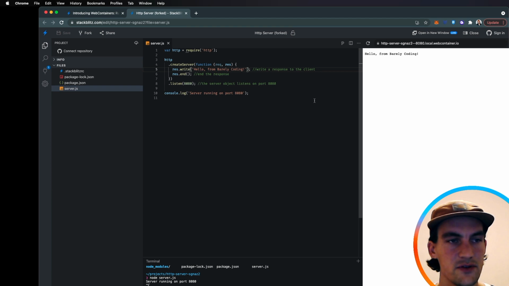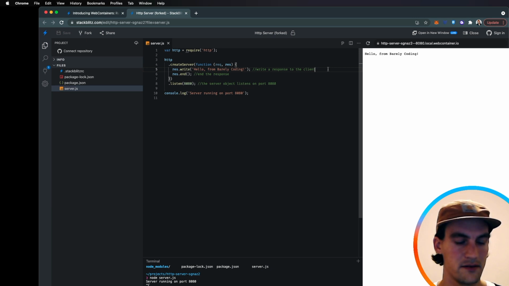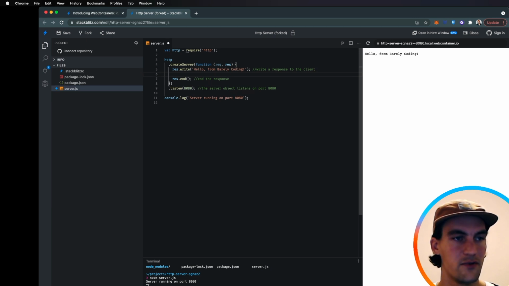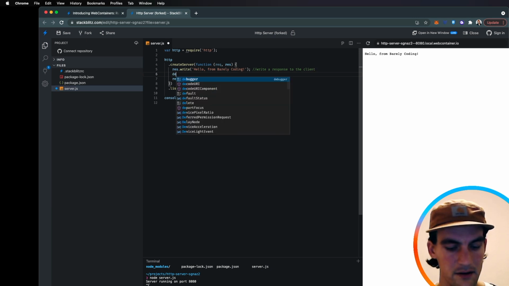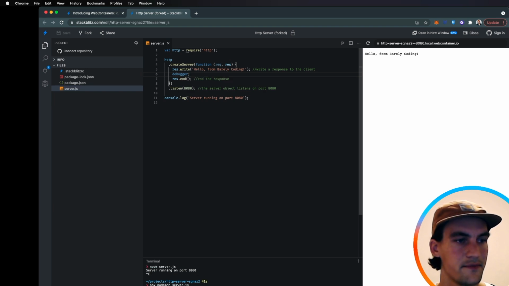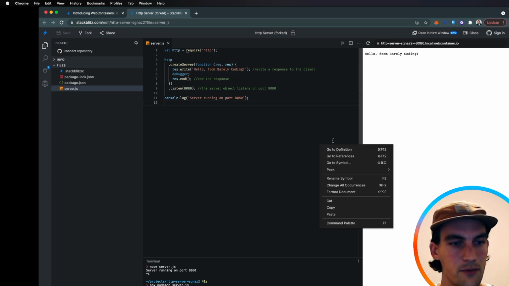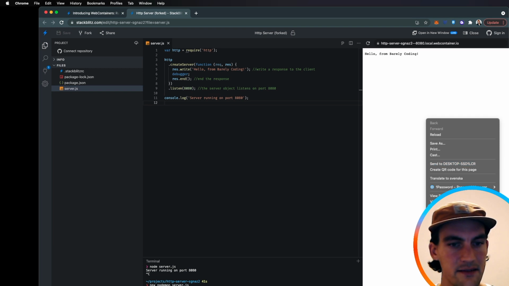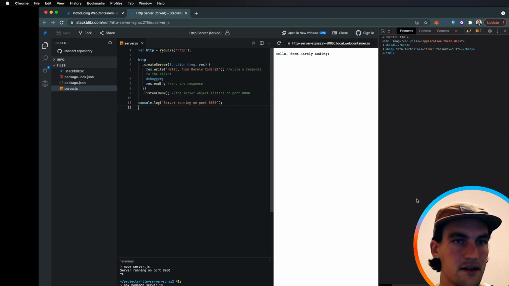So what if I want to debug this Node project? Usually I debug inside Visual Studio Code, but here we could just, before we return something here, add a debugger statement. So if there's a debugger attached, the debugger will stop there. Now there is no debugger attached because my DevTools are not open. So if I just click here and inspect,